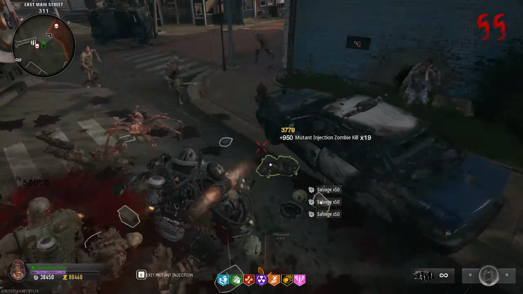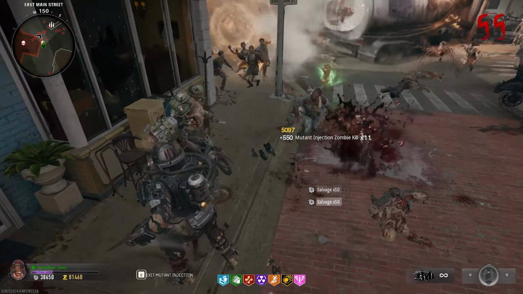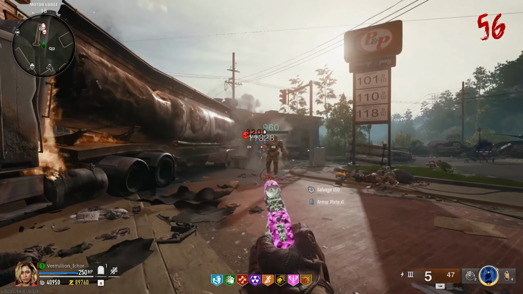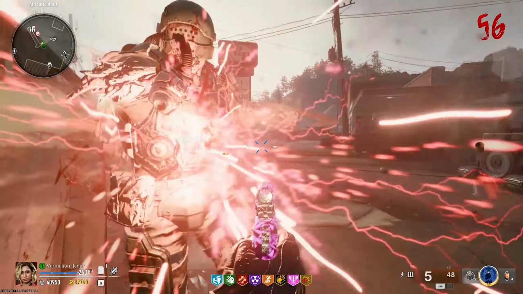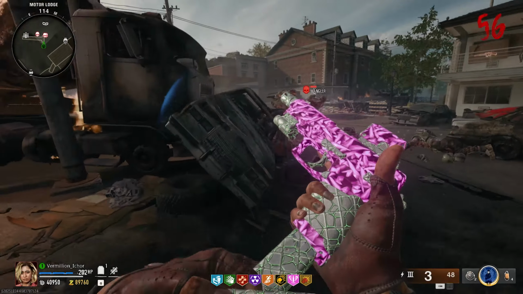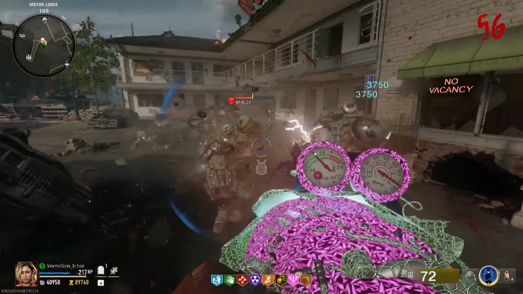It's kind of easy to avoid them as long as you don't burst a head open. So it's up to you how you deal with them. Just make sure that you don't die to them. After these rounds are going and going, you're looking for at least 40,000 in salvage at roughly round 56 to 60. I started my high round strat myself at around 56